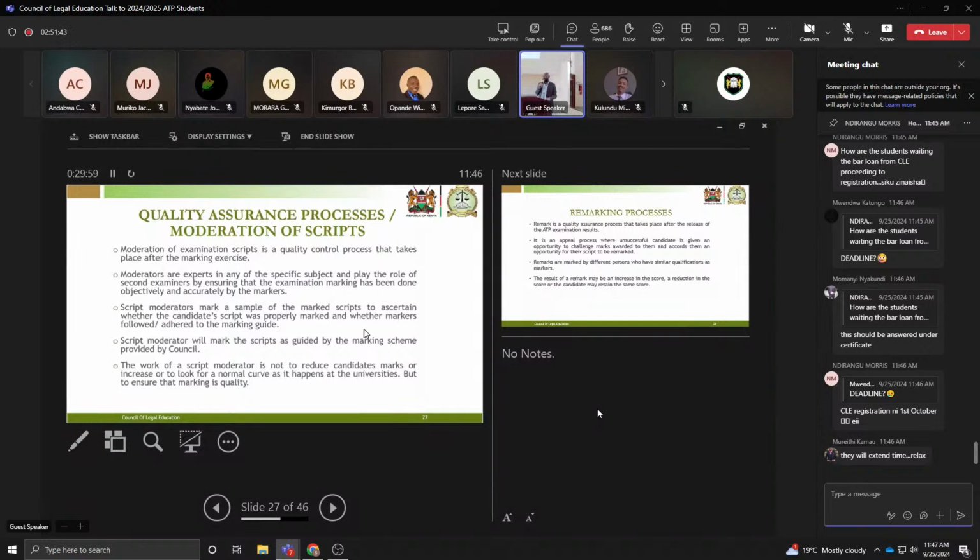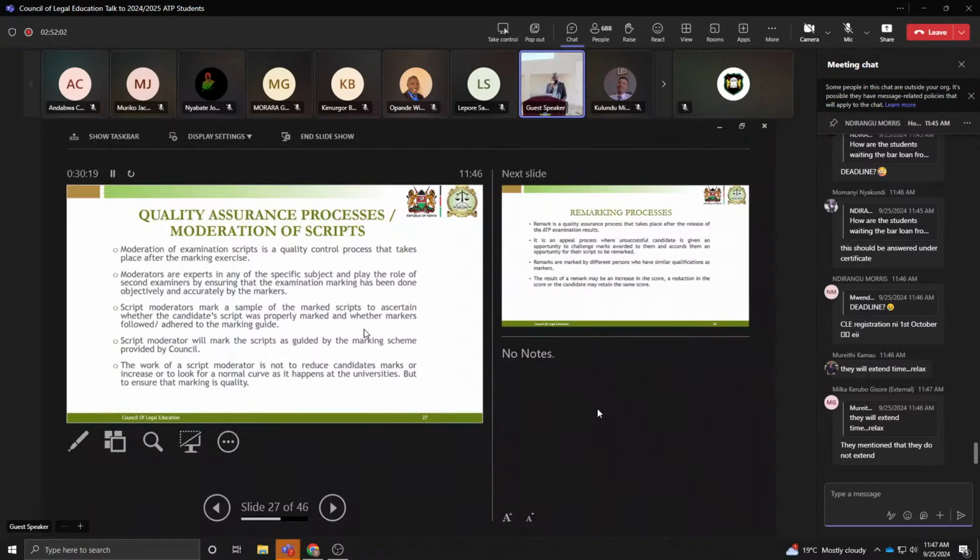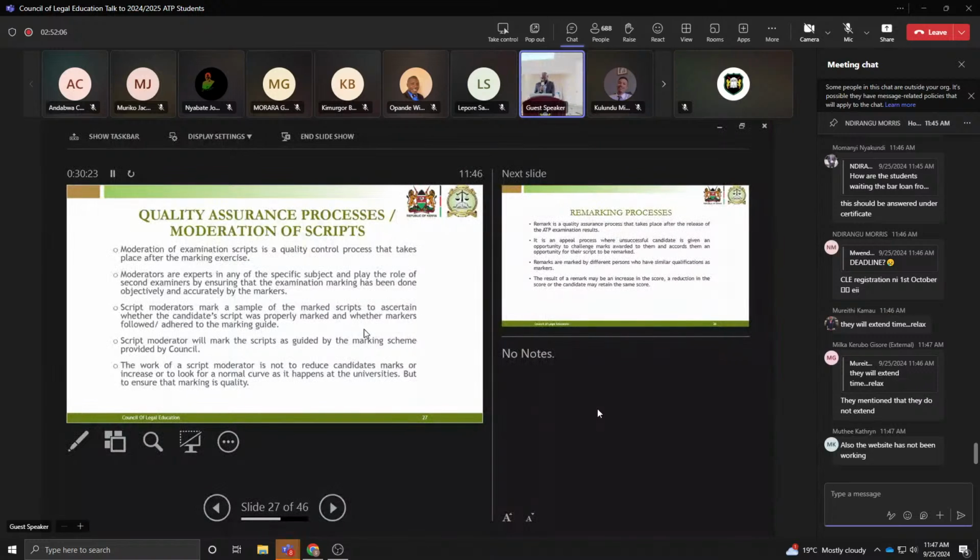And after that, the moderator will write a report, and that report is supposed to indicate whether marking was actually done and whether the marking was of quality. The quality of marking is what is expected of the markers. And once the moderation process has been done,